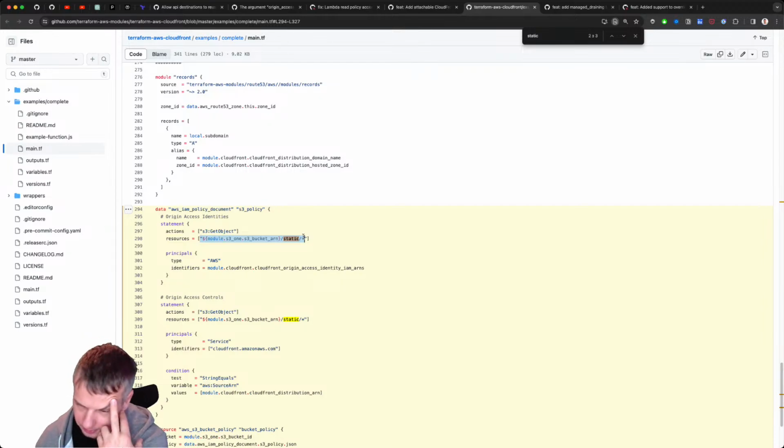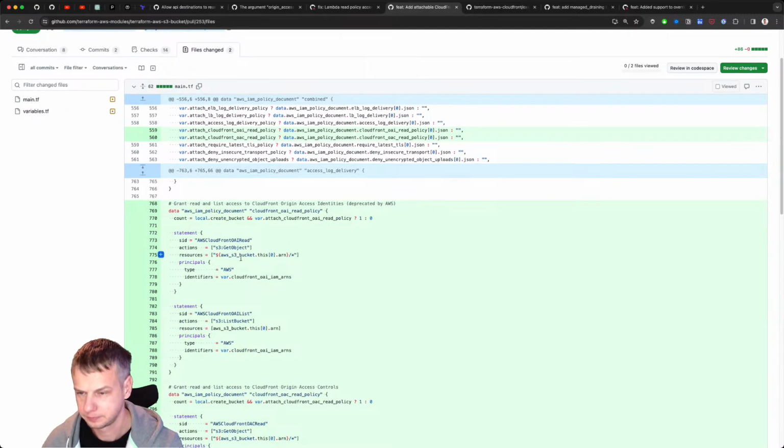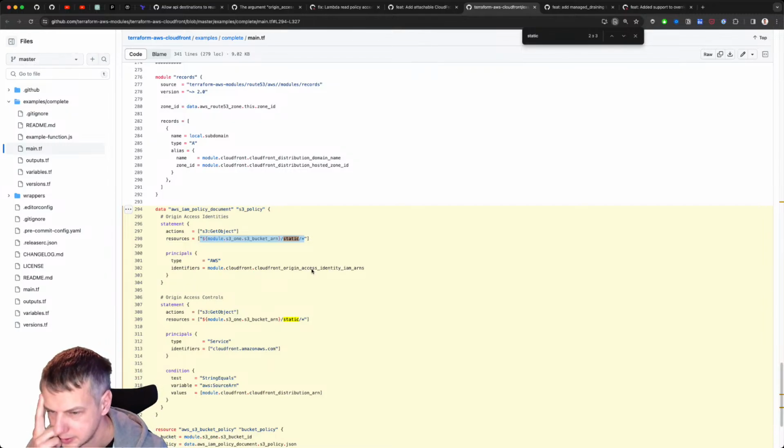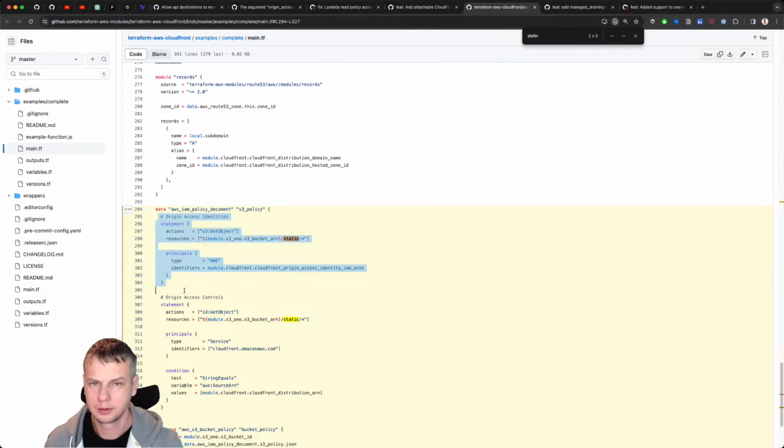By default, yeah, we probably can do this like this. For this CloudFront OAI, IAM ARNs. Oh yeah, I am adding. Yeah, so this one looks okay.